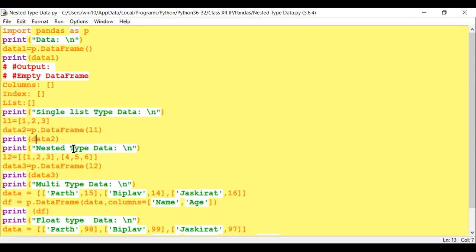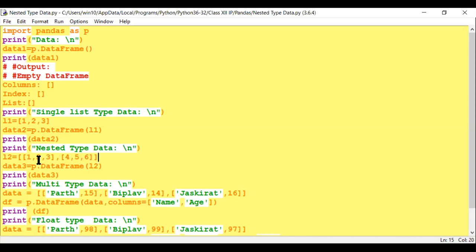Now for nested type data, how you can make nested data types, nested values. So L2 equals, see, this bracket and this last bracket. Inside this you can make another block. This is called one block and this is called another block.